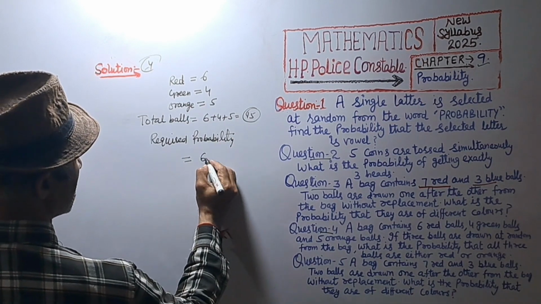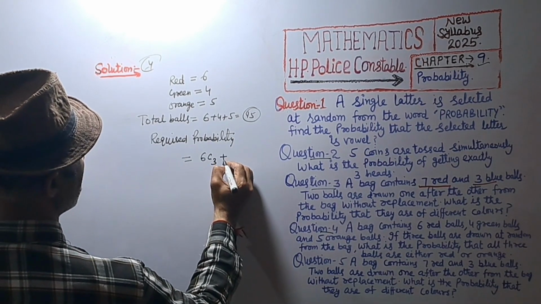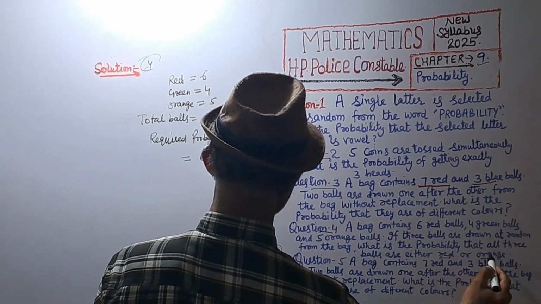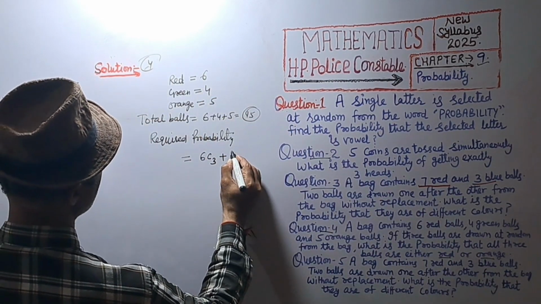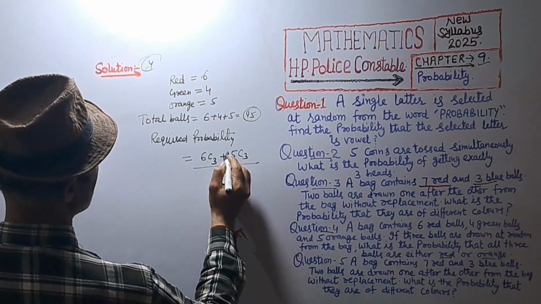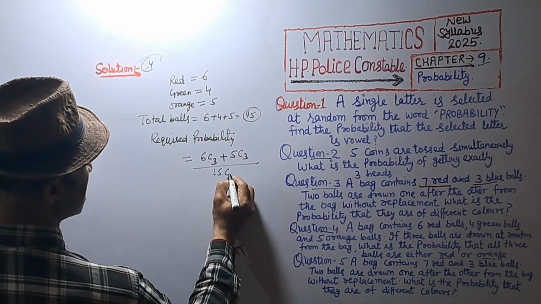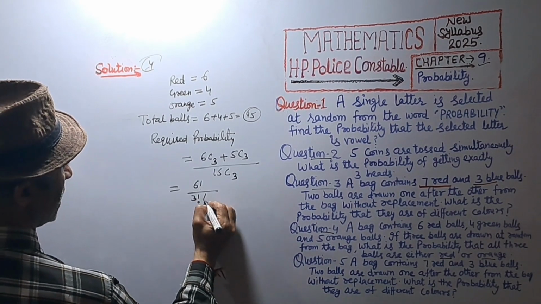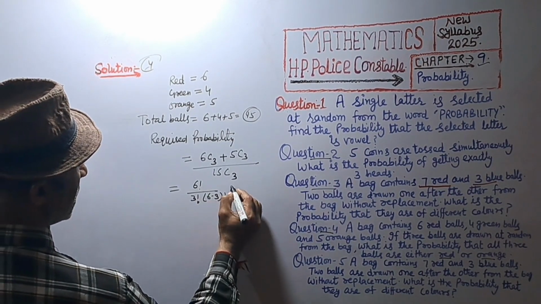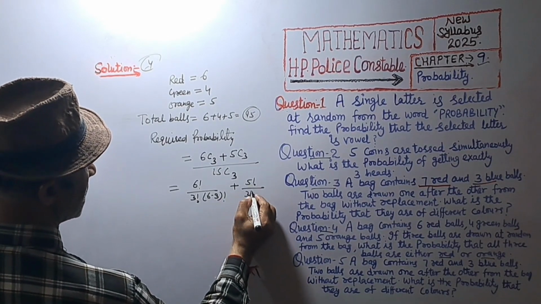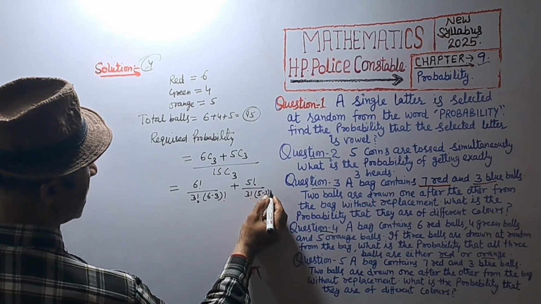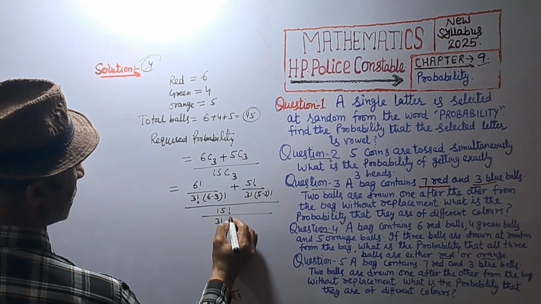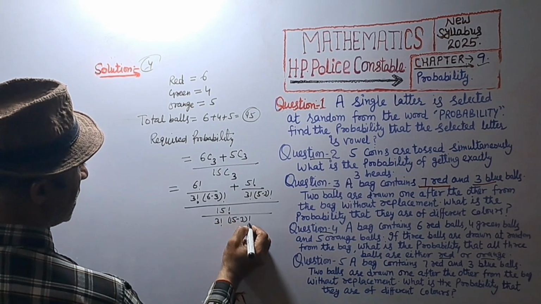is equal to 6C3 plus 5C3, red or orange, upon the total number, 15C3. That is 6 factorial upon 3 factorial into 6 minus 3 factorial, plus 5 factorial upon 3 factorial into 5 minus 3 factorial, all divided by 15 factorial upon 3 factorial into 15 minus 3 factorial